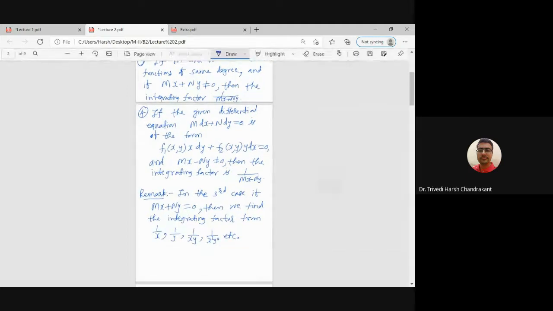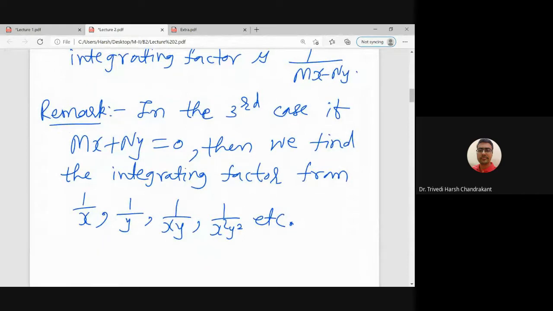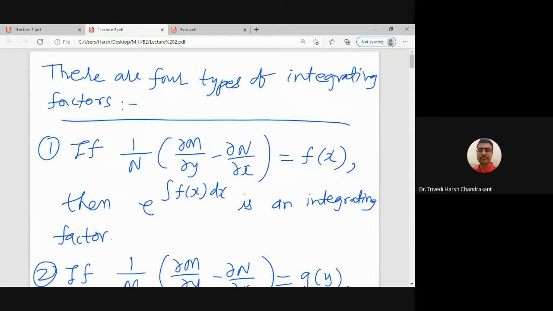So this is essentially the four methods. Now let us see how we can apply these methods. So let us once again revise the last lecture as well as today's lecture. We are given a differential equation. All these methods we are discussing are for the first order differential equation only, right? Because we are studying only first order differential equations so far. So we have studied several methods to solve first order differential equations.